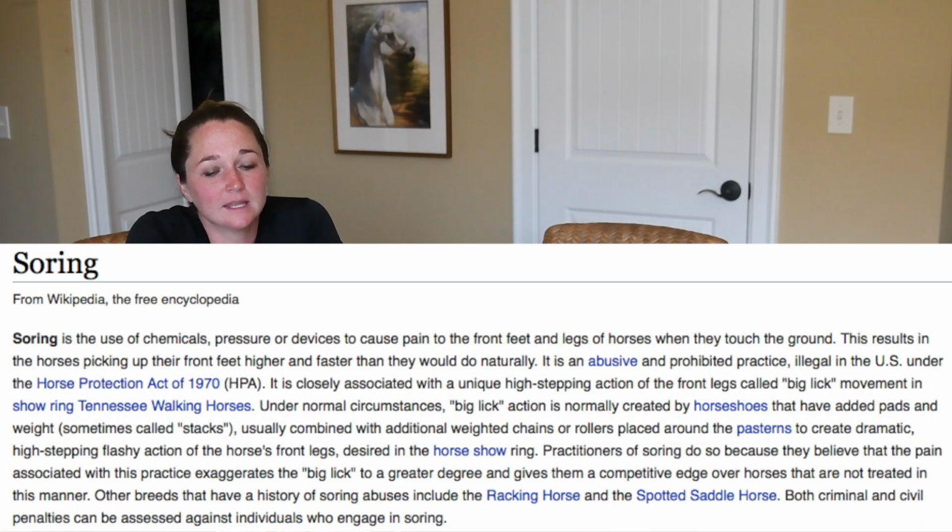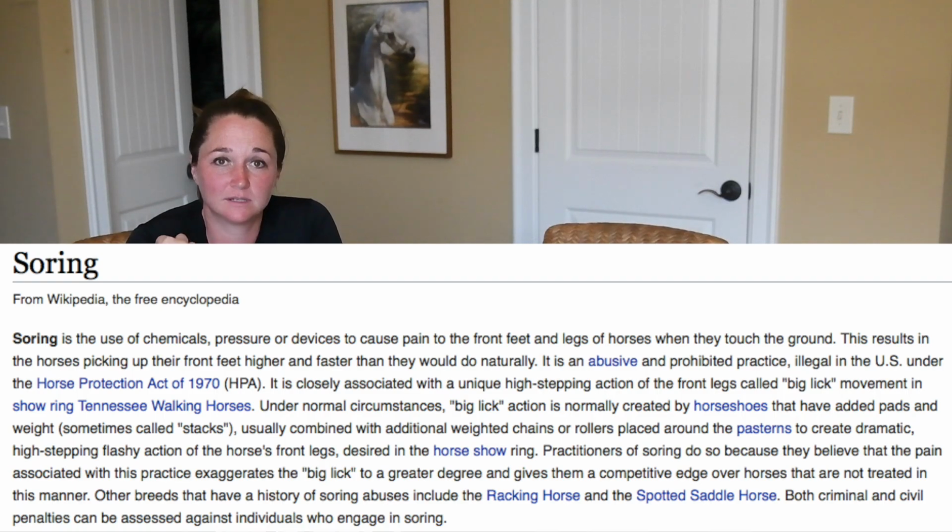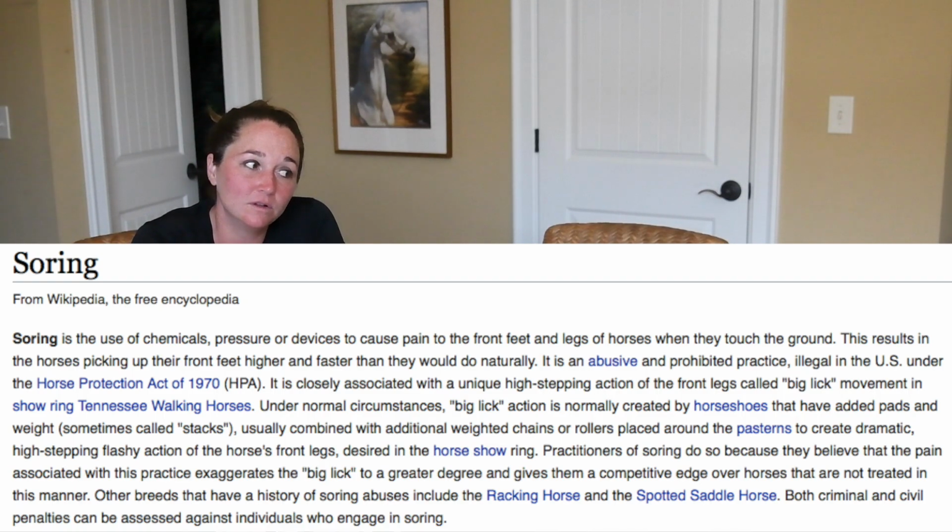The worst thing that they do, and this is why I say that everyone associated with Big Lick is cruel, is a practice called soaring. Soaring is when a chemical is applied to the horse's legs, especially the front legs, and then it's wrapped. The front legs are wrapped so that the chemical affects the horse's skin and causes permanent damage, permanent scarring, but